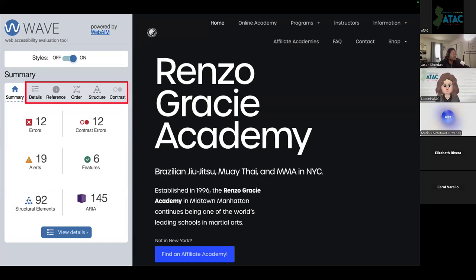But the code says, well, this also needs a manual check. And oftentimes people look at features and go green, that means it's good, but it's not really. Like these are things that, it's great you did it. It would be good if we had a pair of eyes just to double check to make sure this was in fact done right. Structural elements are those hierarchy things. And then ARIA, those are